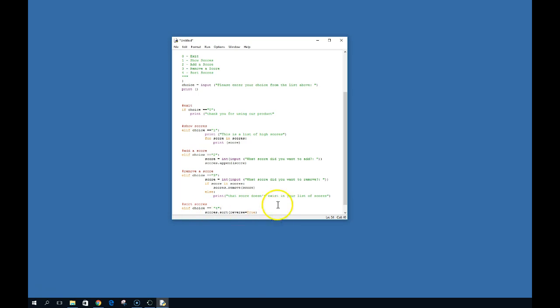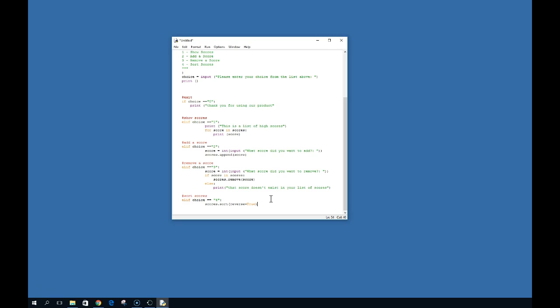So what that does, normally I would sort something and it would go from lowest to highest. But when we do scores, do we want to show the lowest to the highest, or do we always want to do the highest to the lowest normally? So if I just say reverse equals true, that says we do want to reverse it. And we'll show you in the book, there's a chart here. So if you look on page 132,